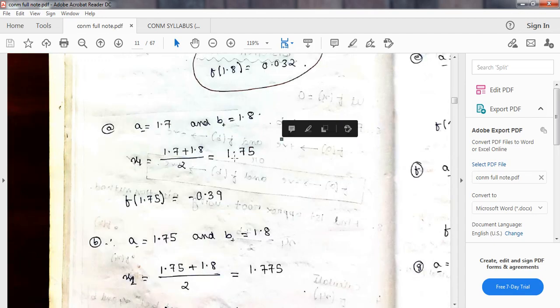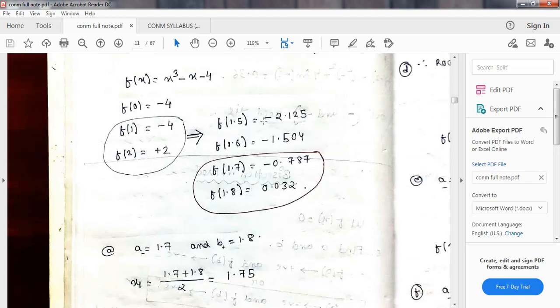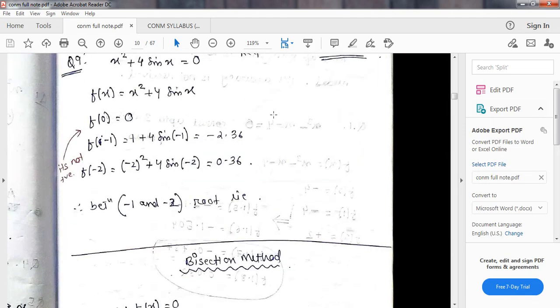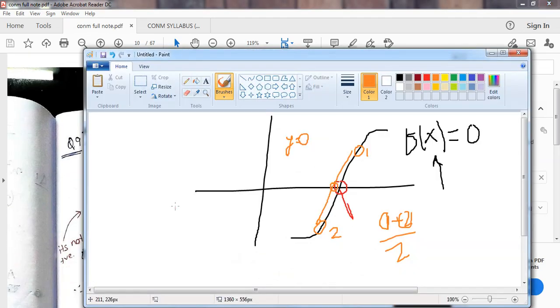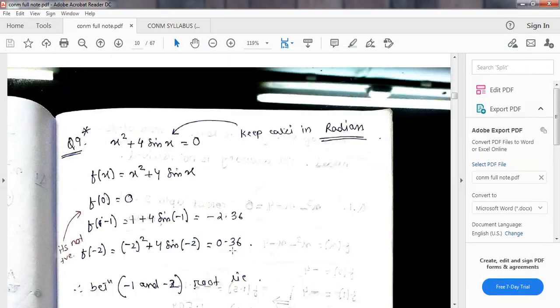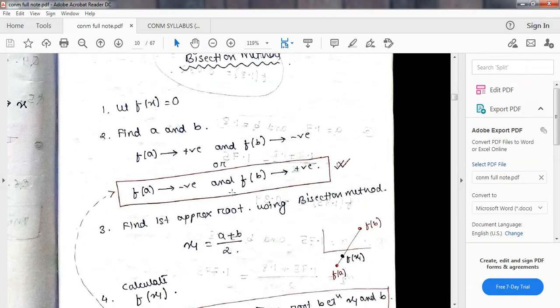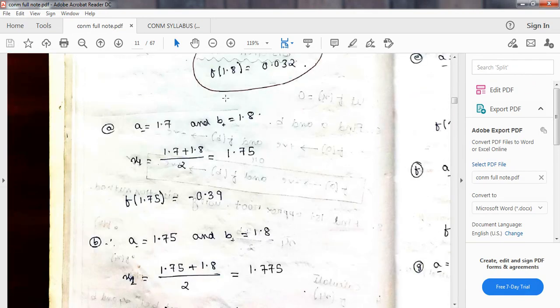Now if this value is positive, then I need to change the positive one, isn't it? What I mean is that suppose after doing the calculation, the value which I got is over here. This is the approximate root. Original was this and this. The approximate one is this. It is less than this, so I will transfer this over here. I believe you know that. You can see the videos also. It's clearly explained there. In the bisection method, that was the idea.